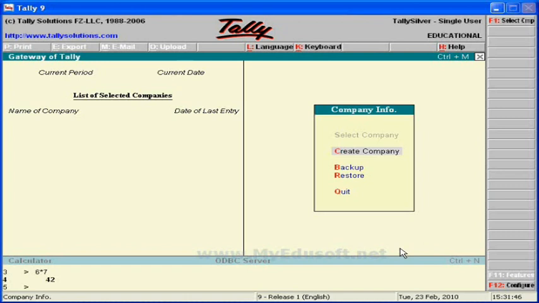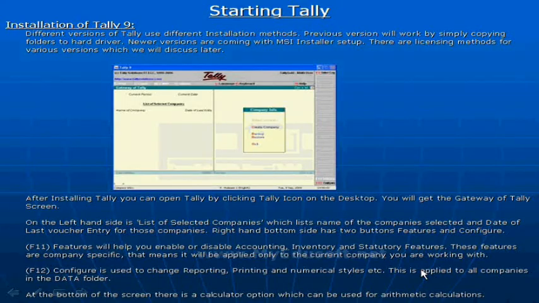And next one is F12, which is Configuration. This option is used to set the reporting, printing and numerical style settings, and it will apply for all companies. Like this we will get the startup screen.